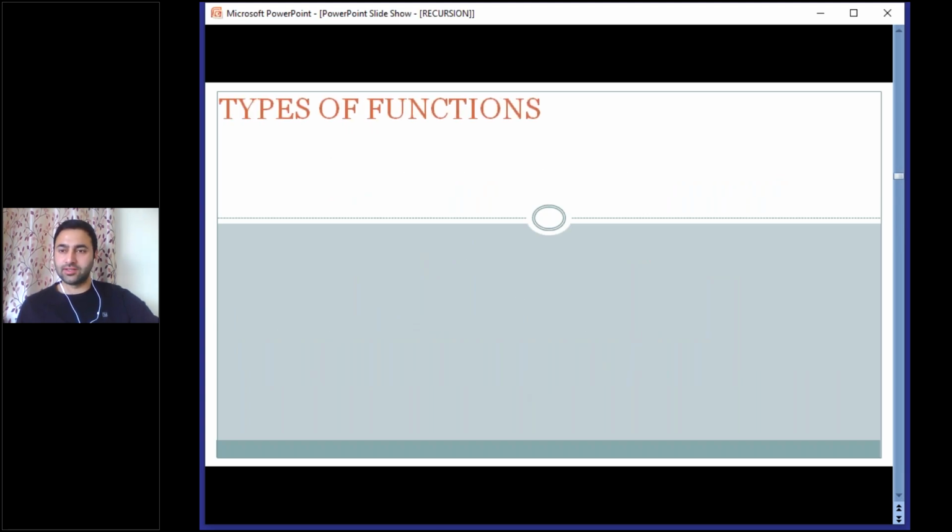Here you will study types of functions. You know there are two types of functions in C. Sir, the first one is, yes